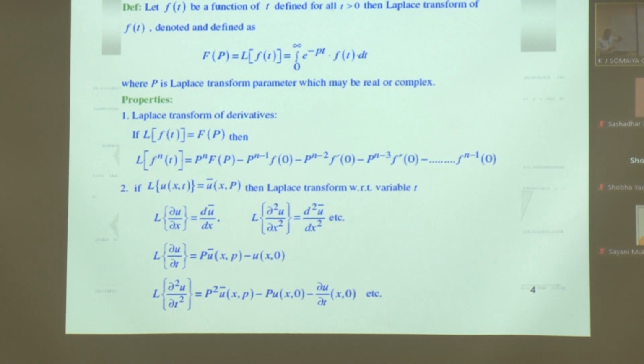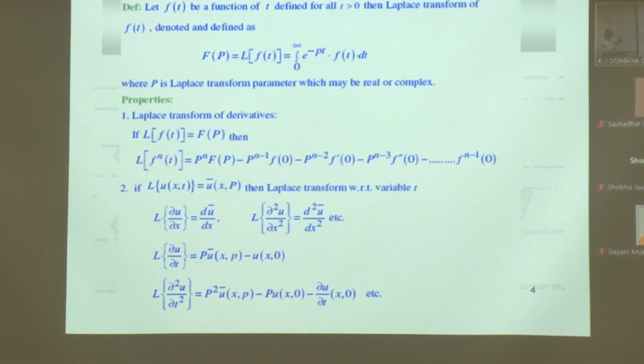F of p means Laplace of f(t). p to the power n minus 1 f(0), the value of the original function at t equals 0. p to the power n minus 2 f dash 0. p to the power n minus 3 f double dash 0, and so on up to all the successive derivatives. As far as this particular partial differential equation is concerned, I am going to apply Laplace transform with